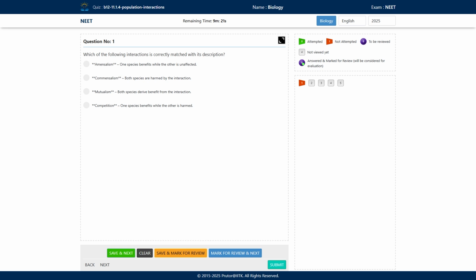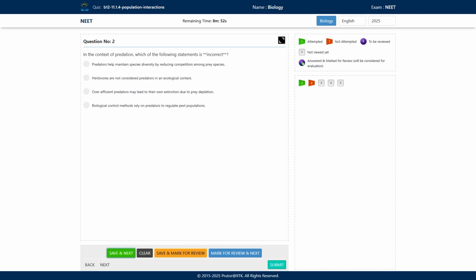Okay, the correct answer will be option C, mutualism. Here both the interacting partners benefit. You can give the example of mycorrhiza. Both the interacting partners, the fungus and the plant, benefit from each other. Clear? The fungus is helping the plant to absorb nutrients, and the plant is providing the